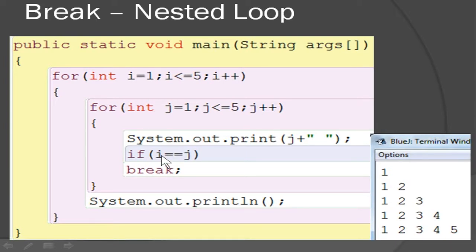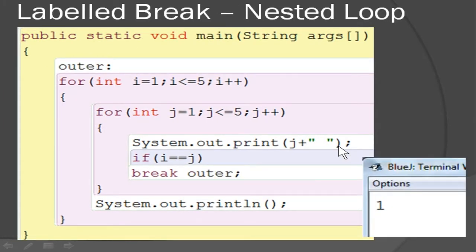Now you can see 2 is equal to 2, that means the i value and j value are equal, so the condition is true here. Now it will execute the break statement, so it terminates the current loop, comes out of the body and then executes System.out.println, so the cursor is moved down to the next line. This loop will go on working till the end; it will stop only when the i value becomes 5. That's how you are getting a pattern type program here, a triangle pattern.